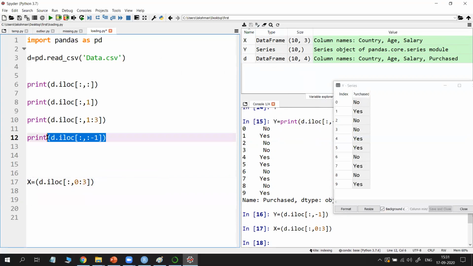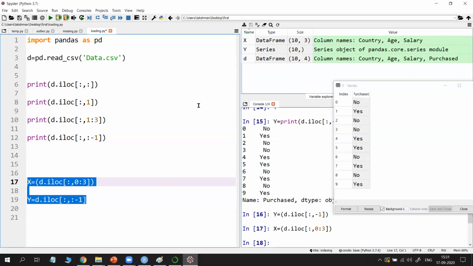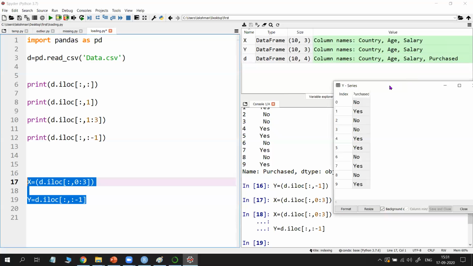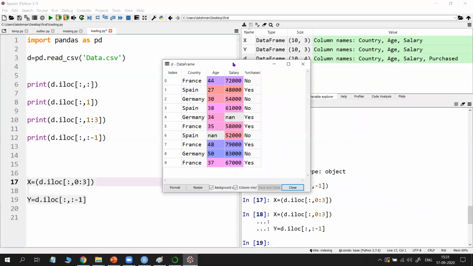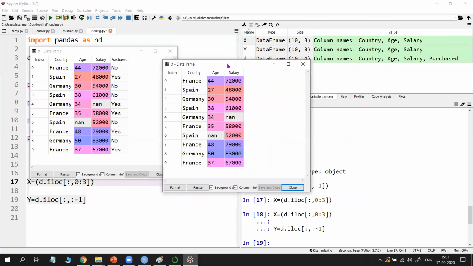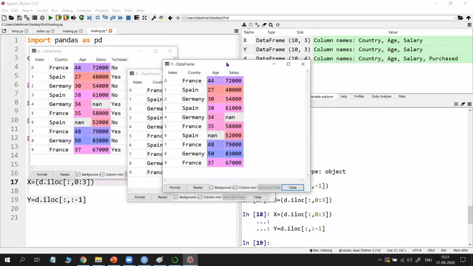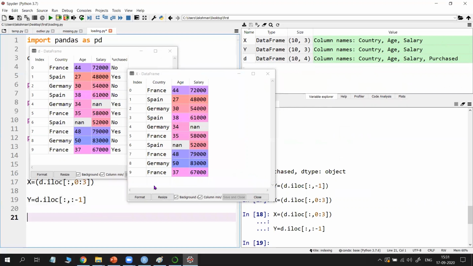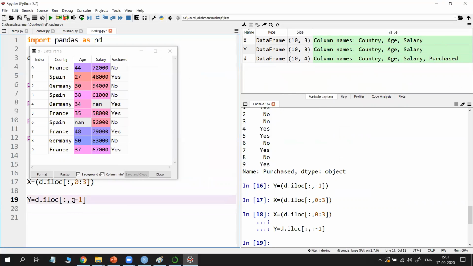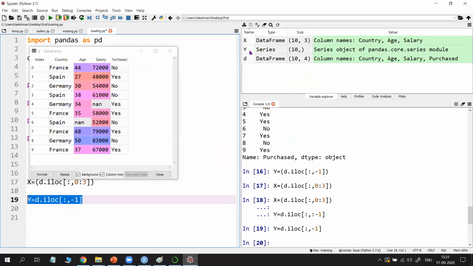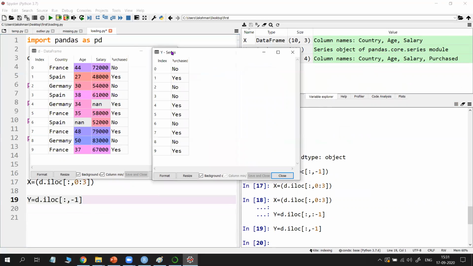So for the last one, I used this syntax. What is that syntax? Y is equal to, no need of this parenthesis, except last one. So I executed these two lines with F9. And then what happens? Observe carefully. This is the original data set and X and Y. Now open X and Y. See here what happens.